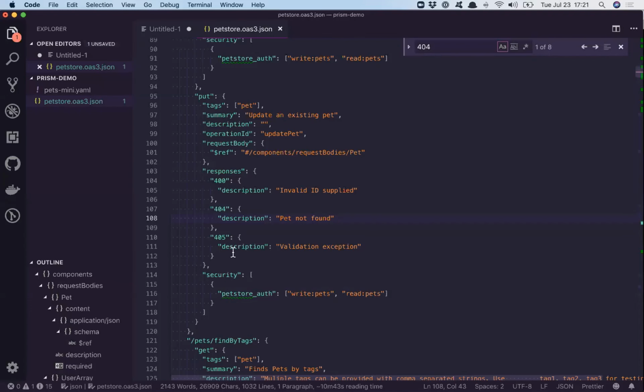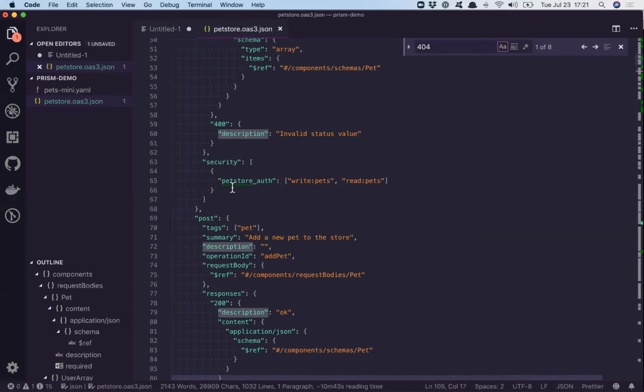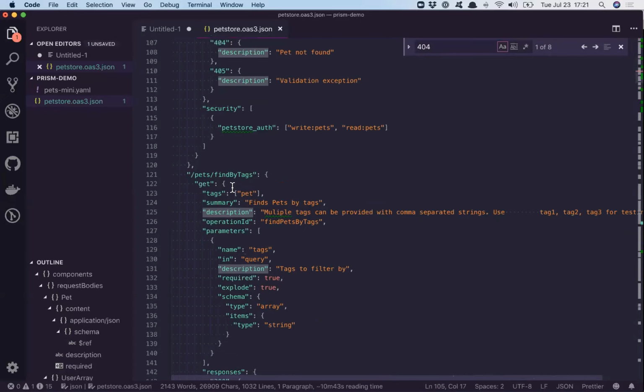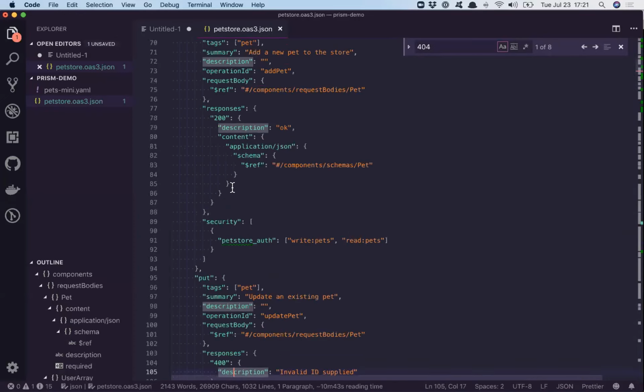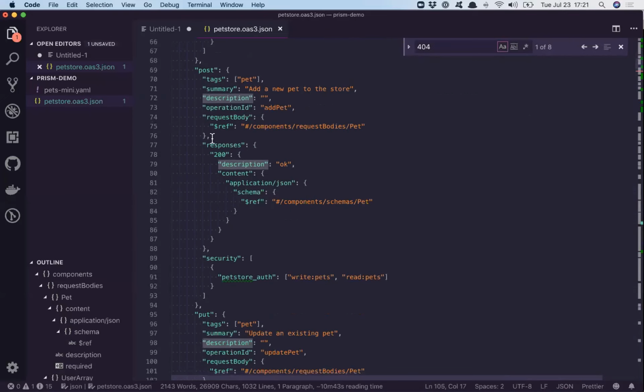So there's also the default. Where is it? If you have find by tags, I'm just scrolling like a mad person at this point. But if you have a default response like this, then any type of error that you request, it will use that as a basis for it. But if you were to define the status code, then it will use that, whatever it is. And if you request one and it doesn't know how to do it, then it will just error and say, I don't know how to do this.